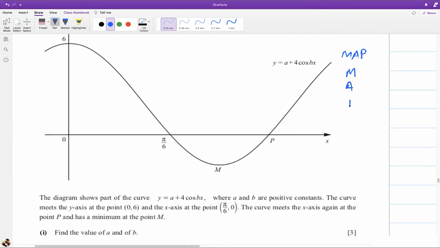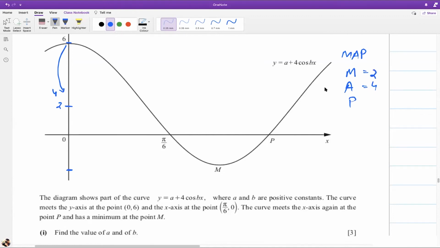Midline, amplitude and period. Midline यहाँ पे क्या है? Midline, as you can see, the graph is going नीचे, काफी नीचे तक, और ऊपर ये 6 तक आ रहा है। मुझे अभी नहीं पता, लेकिन मुझे 4 amplitude पता है। तो all I have to do is make sure कि मैं 6 से 4 steps नीचे जाऊं, तो वो बनता है +2। तो मिडलाइन मेरी +2 बन जाएगी।